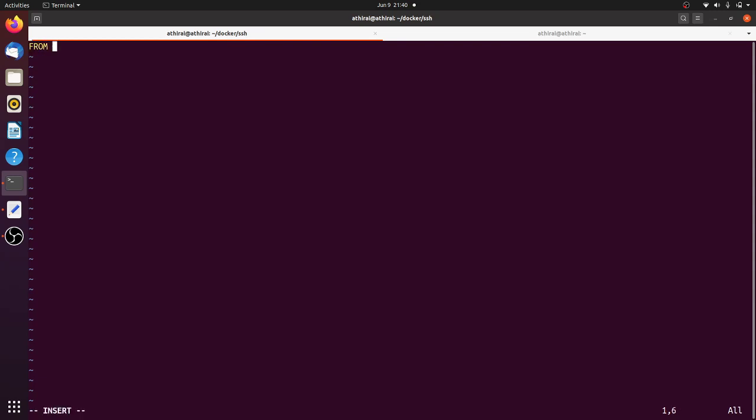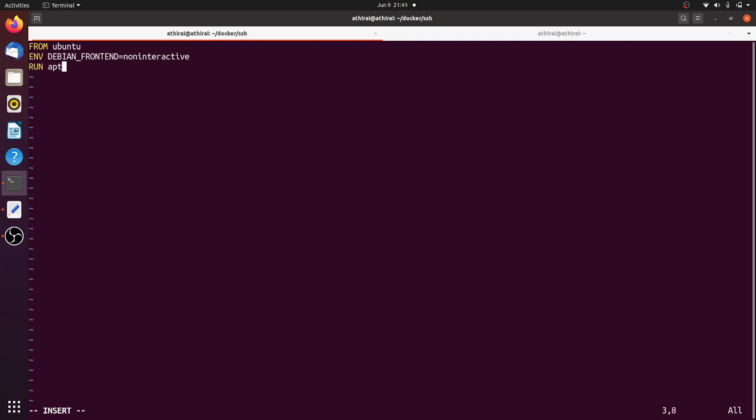I'm assuming the 100 servers are going to be Ubuntu servers, so I'm going to use Ubuntu. If you want some other distribution like CentOS or Debian, you can use that. Then I'm going to set an environment variable, DEBIAN_FRONTEND equal to noninteractive, so it won't ask for any confirmation when we run apt commands.